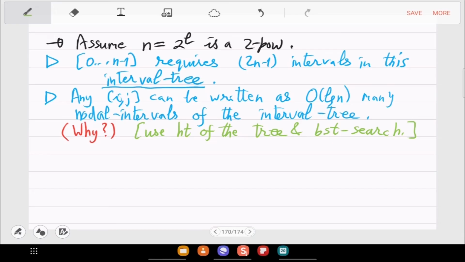So we should put it where? Where should you store the actual integers? Sorry, leaves. Yeah, so in the leaves we will put the integers of the array. Okay, and above that there will be this augmented structure, tree structure of the interval tree for the indices. So that is what we'll do next.